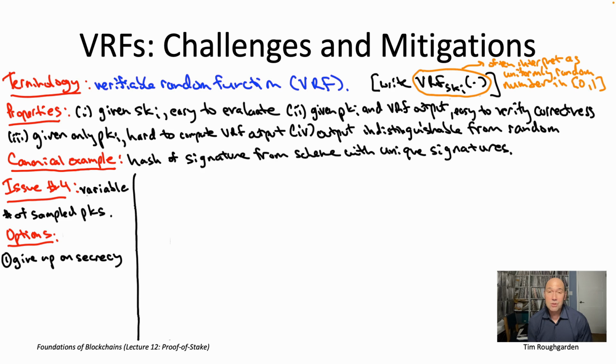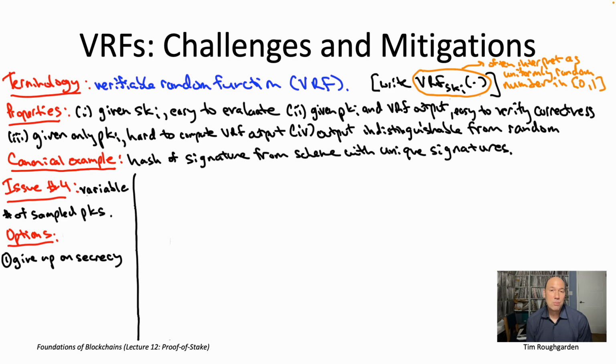And as we discussed, there are some problems with that, right? If the point of a leader is to assemble a block, well then, presumably you have to give the leader a little bit of time to assemble their block. And the time that you give them is then a window by which anyone else can try to attack that leader, for example by a denial of service attack, thereby forcing that leader to skip its turn. So I think everybody can agree that's a bad thing, but I also think it's a reasonable opinion that it's not bad enough to deal with all of the additional complications that come in from VRF sampling.